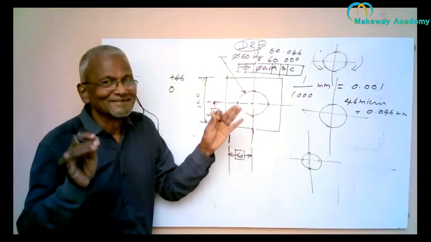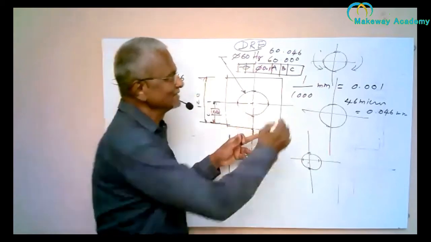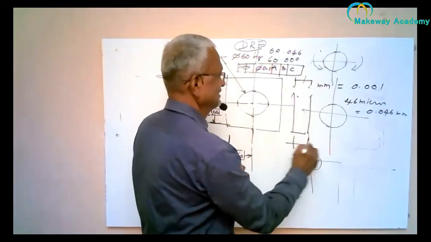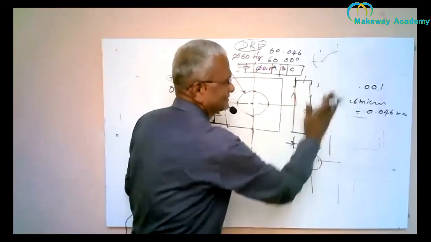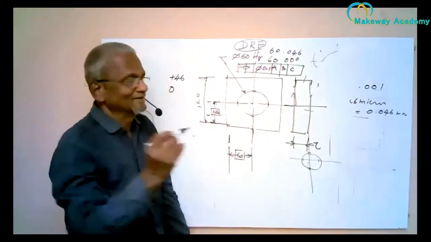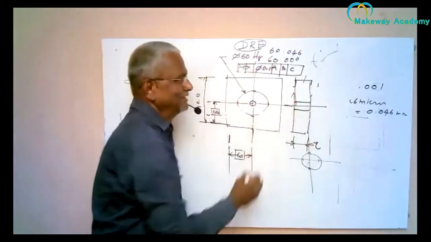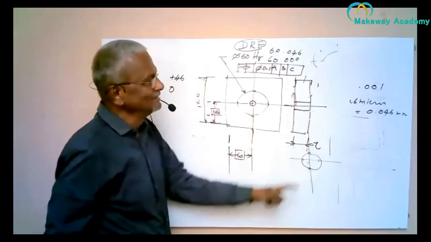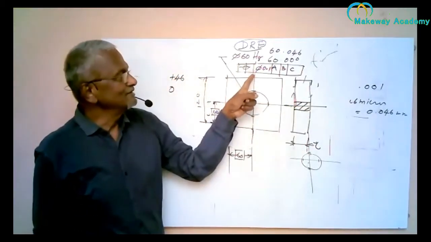What is the tolerance zone? A cylinder. What is the diameter? 0.1 mm. What is the depth? The depth of this object. So this is the depth; let us say this is the thickness of the object. So the tolerance zone is a cylinder, diameter 0.1 mm. What is the length? The length of the part. So this is the tolerance zone.